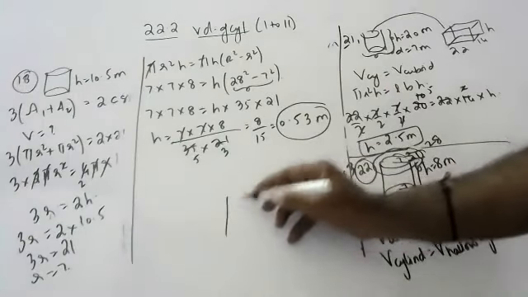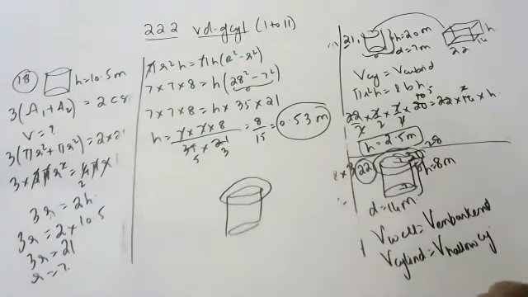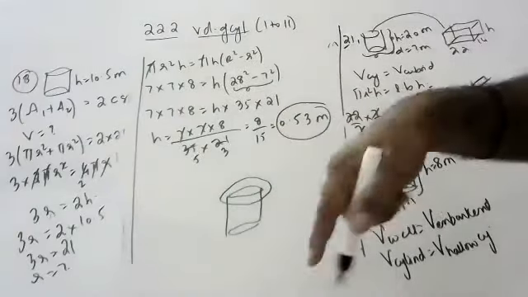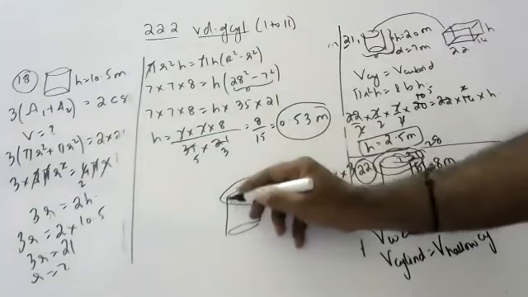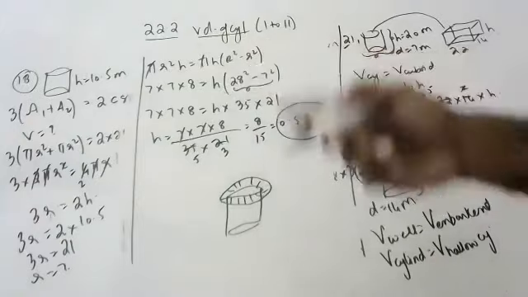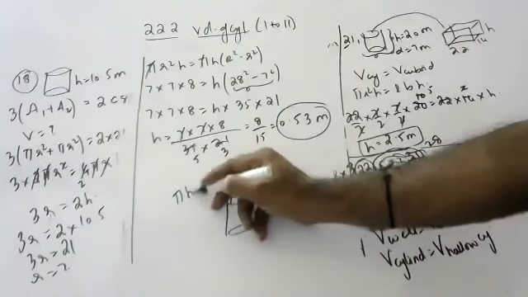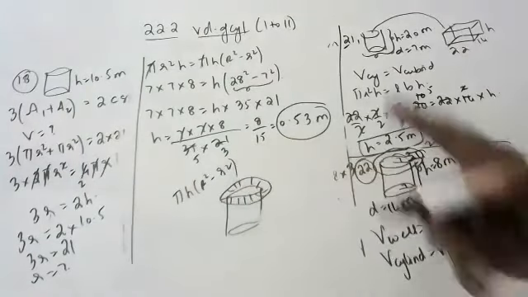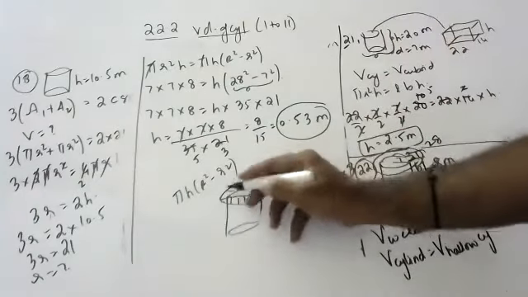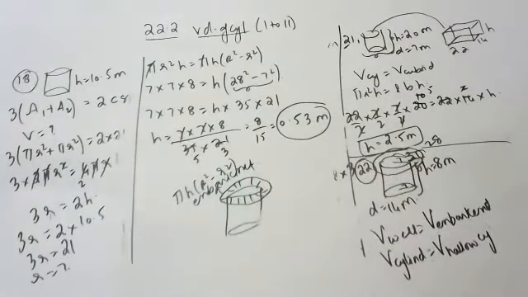Children, what does embankment mean? All of you listen. Around the well, they will construct a parapet wall so that no one will fall inside. That raised wall is also a cylinder, but we say hollow cylinder. It is formed by the outer cylinder minus the inner cylinder. Volume of hollow cylinder is pi h big R square minus small r square. So embankment is a hollow cylinder. Embankment means what, children? Hollow cylinder.